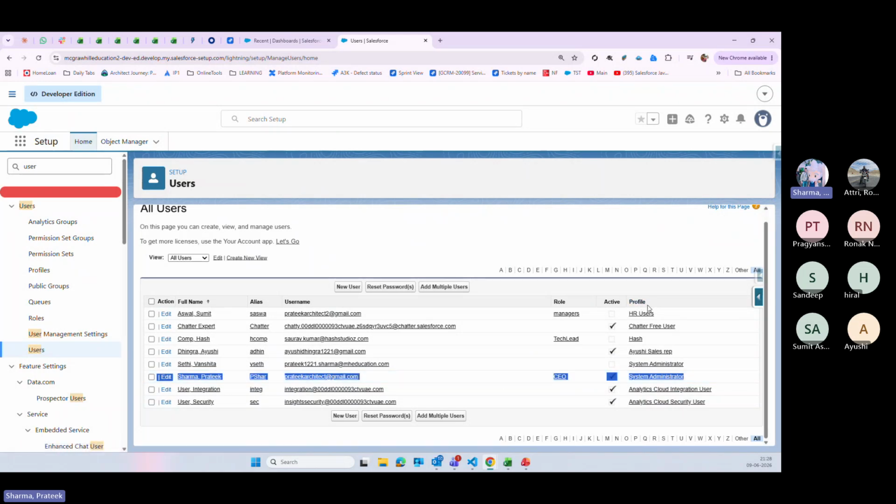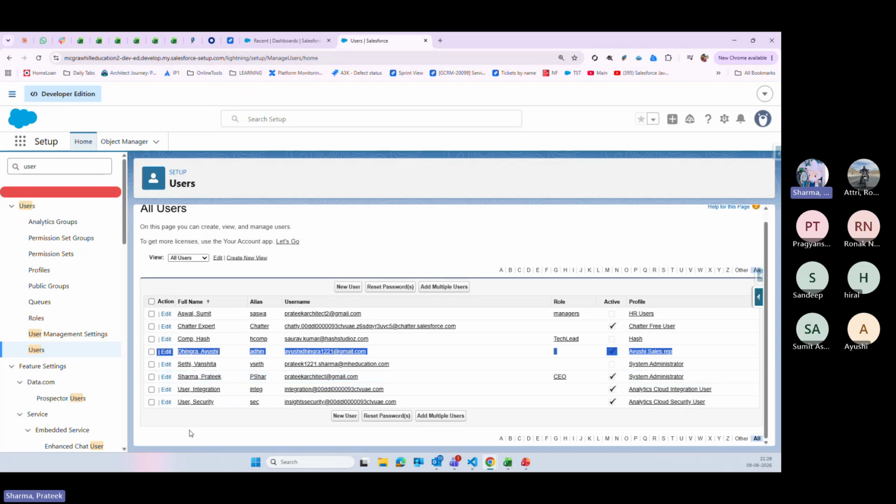Profile is something by which you will get the access that we have discussed already, right? And the second user that I have created here, I think this is the one that we created, Ayushi Dhingra, right? So I'm going to disable this user so that we can free up one license, and we can create one more user in this org